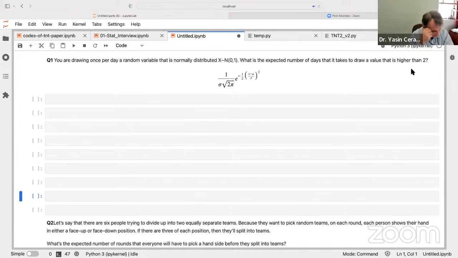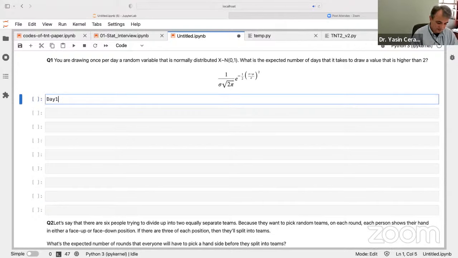Okay, so somebody asked this question to us, and we are trying to understand it now. Every day, a person is drawing a sample from a random variable X, and X has a certain distribution. He will keep drawing day by day until he gets a value higher than 2. Okay, so let's think about this. Day 1: you pick a value, say x1, and check if it is greater than 2 or not. If it is less than 2, then you go to day 2. Again, pick the next sample. If it is less than 2, then go to day 3.